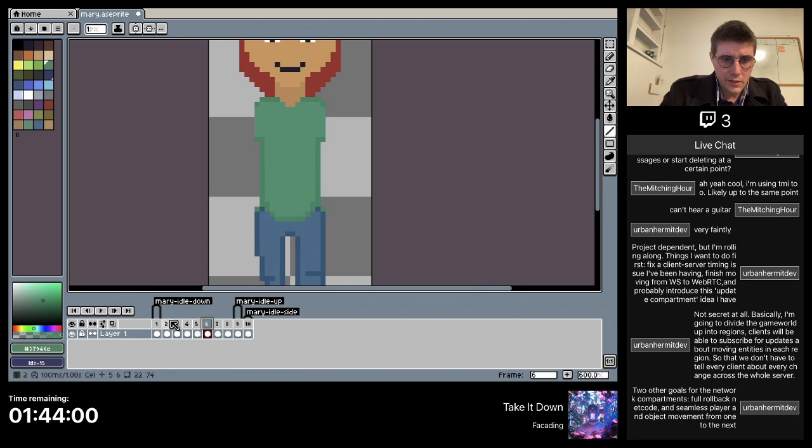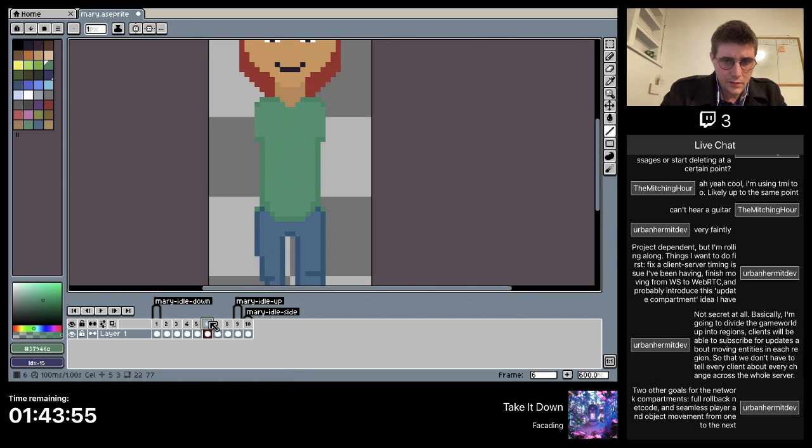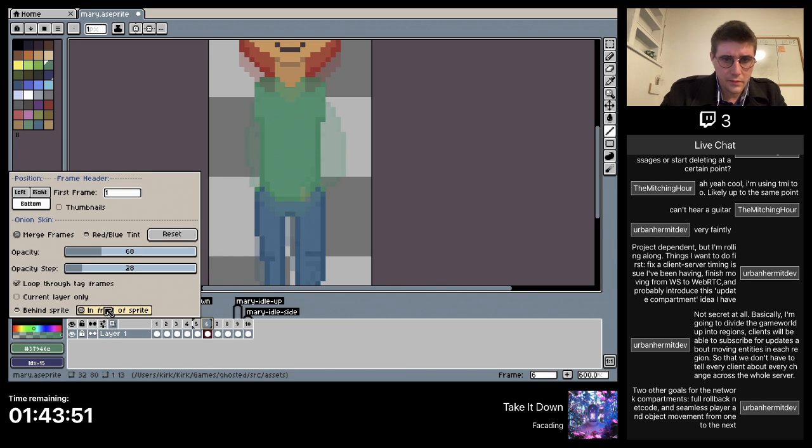That was frame 6, frame 2, and I'll move it over to the side frame 6. Where else you can put